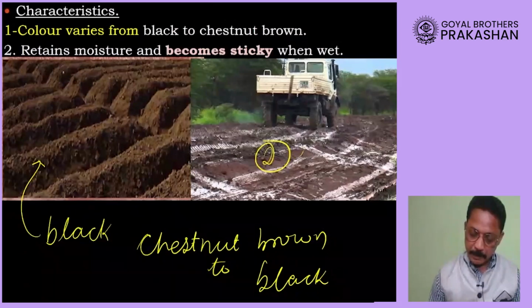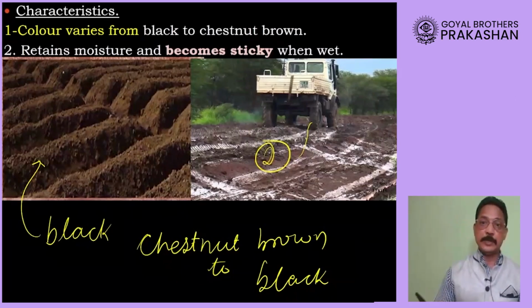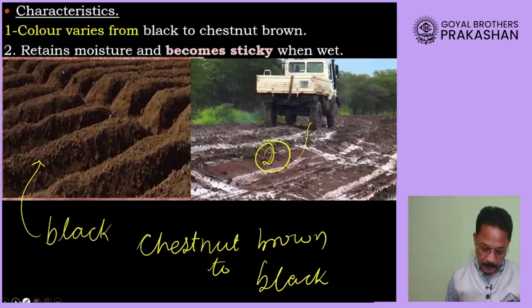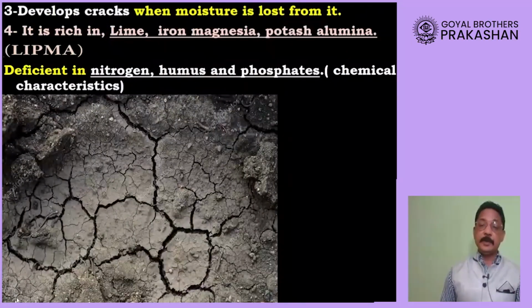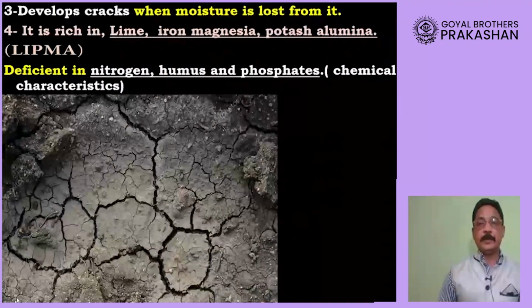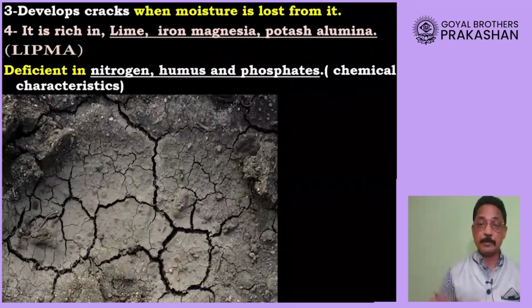You will find here a lot of mud is getting stuck to this soil. Please remember, black soil becomes very sticky when it is moist. And because it becomes very sticky when moist, this soil becomes difficult to plow when it is moist. Another interesting characteristic: when this soil dries up, when the moisture is lost from the soil,